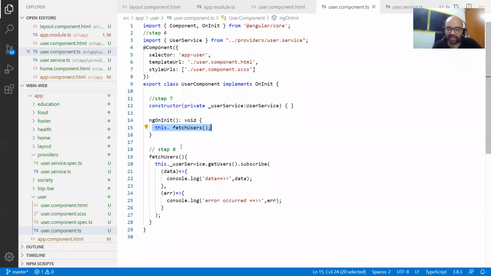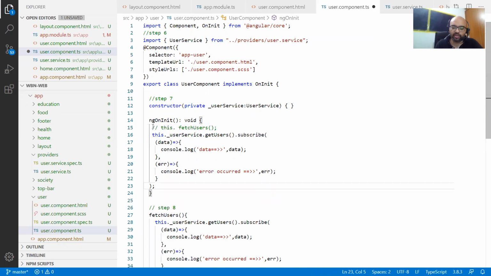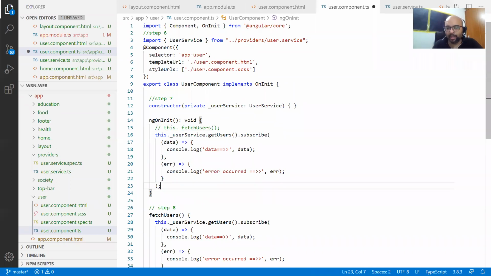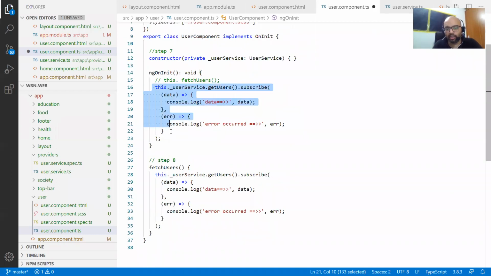You can very well write the entire logic in ngOnInit. You can do this also. No harm in that. But then this code is single-use code. If you wanted to use the same code for fetching the users at some other place, you need to rewrite it. Correct? Guys, these things are not new for you. You already did it in C before. Am I right? Yes, sir. Reusable methods.